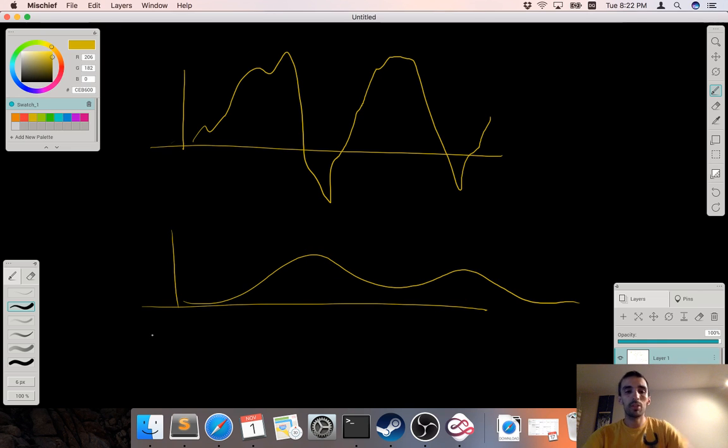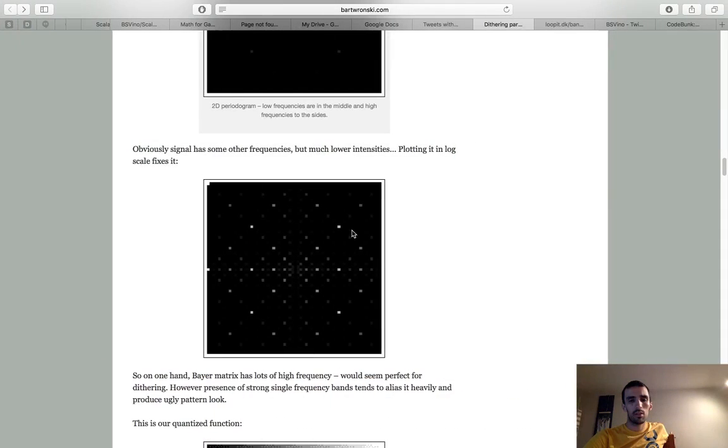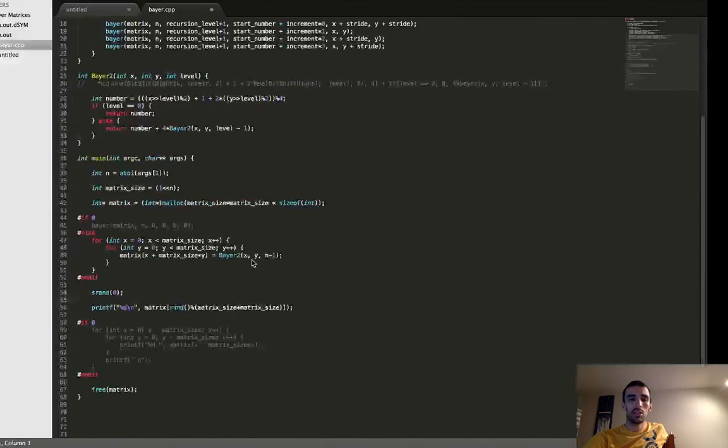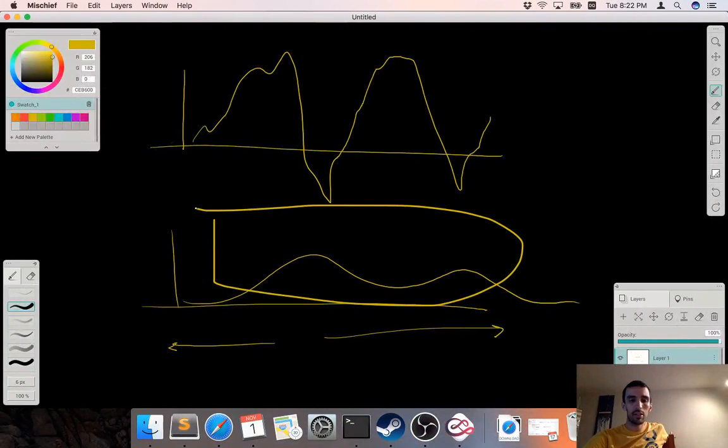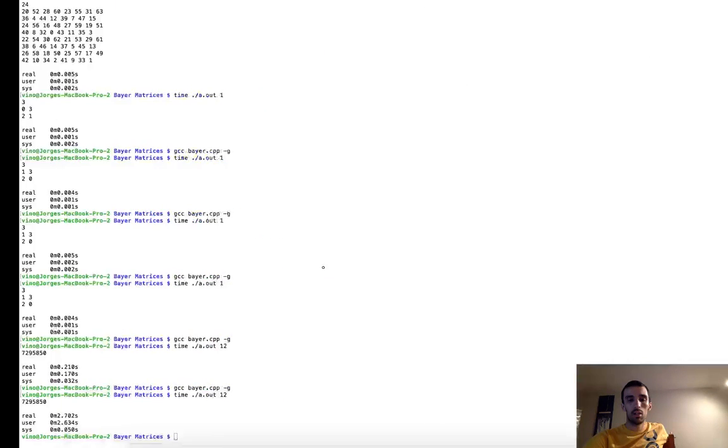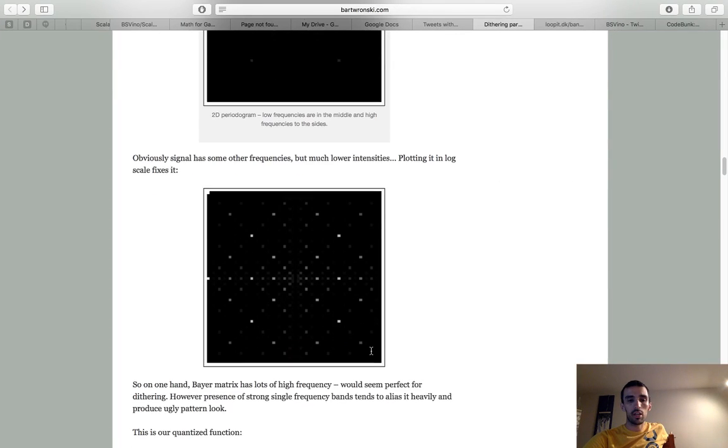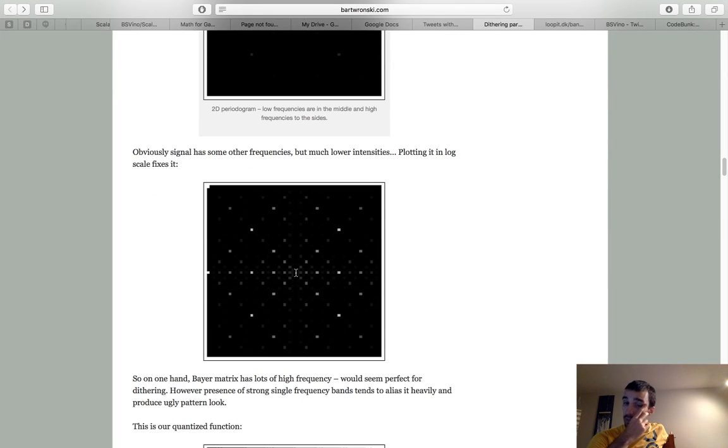So the way to read these plots in 2D is that high frequencies are here and low frequencies are there for this waveform. So that's easy enough. This is the same thing as before, but in 2D. So this plot down here of frequencies is what you're seeing here. And I'm pretty sure that the low frequencies are in the center. So the closer you are to the center,